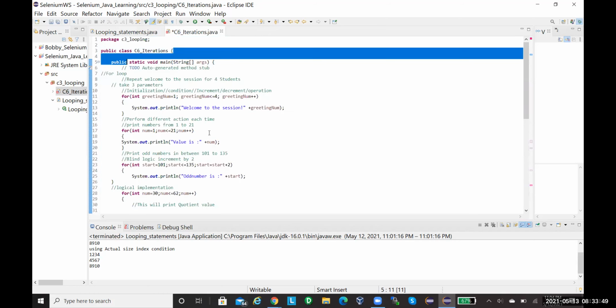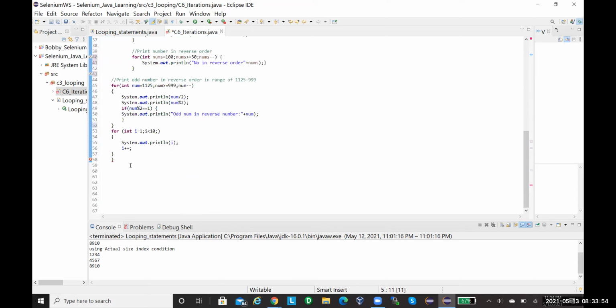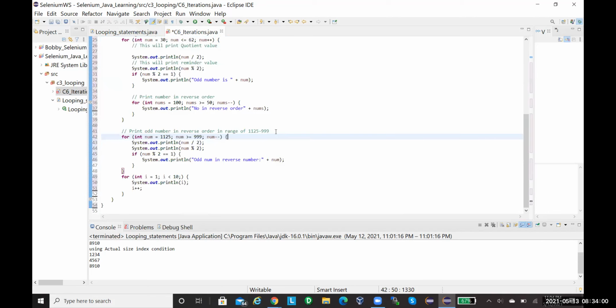Where did you close your class? You did not close it. Close it. Control A, Control Shift F. That's all. All the errors are gone. Control save. Now you see the red marks over here are gone, and the red marks over this class are also gone. Right?